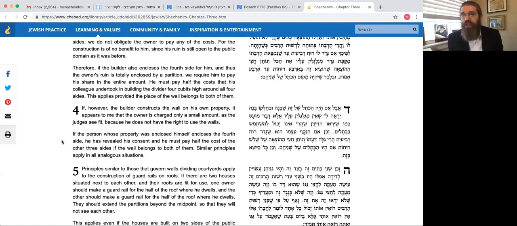And again, to be honest with you, Maimonides made up this case. In the Talmud, it's not a case of ruined houses, it's a case of fields. A field is a similar case where you're not living there, so you're not intruding on the other person every day, but you have a benefit that your field is enclosed. Everybody wants to know, why is Maimonides talking about a ruin? Is he saying that it's only a ruin? The Talmud says field. Is it in addition to the field? So you've got many layers of debate about what Maimonides is exactly saying here.